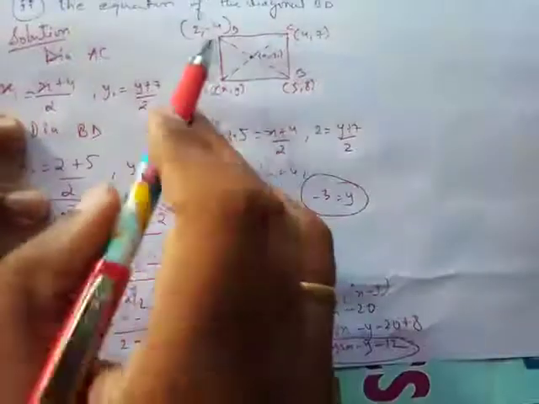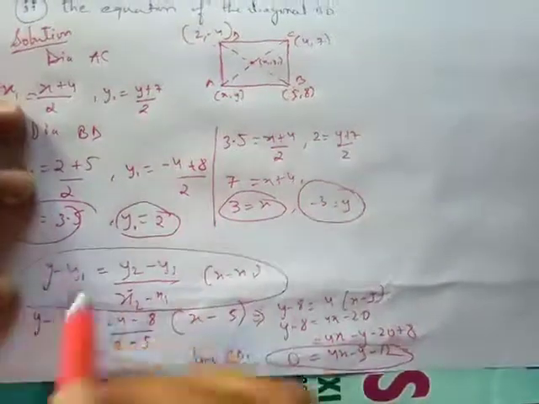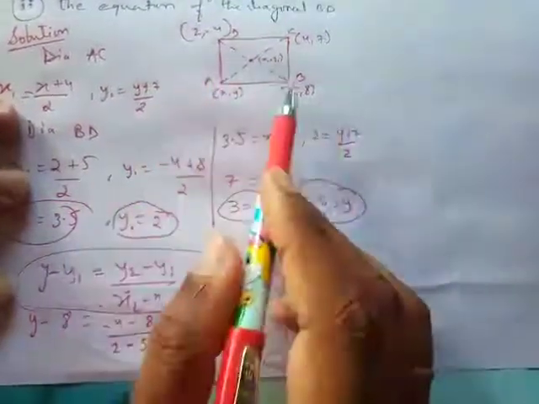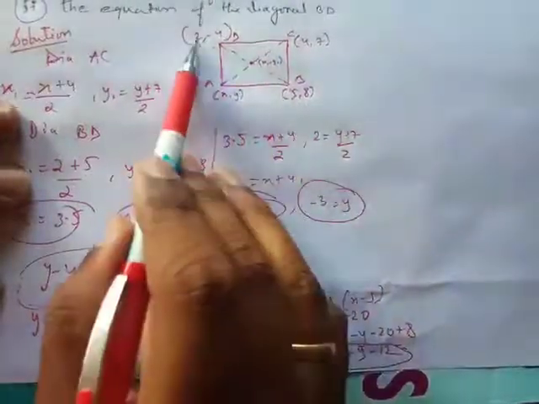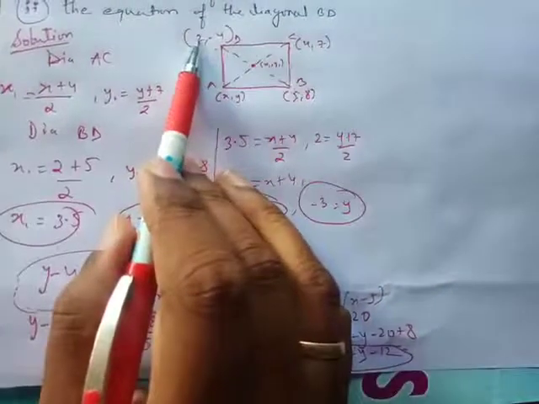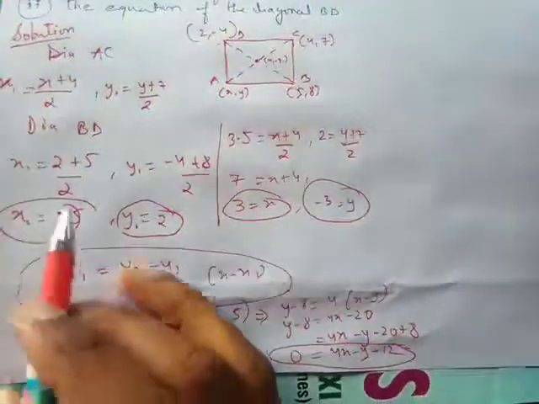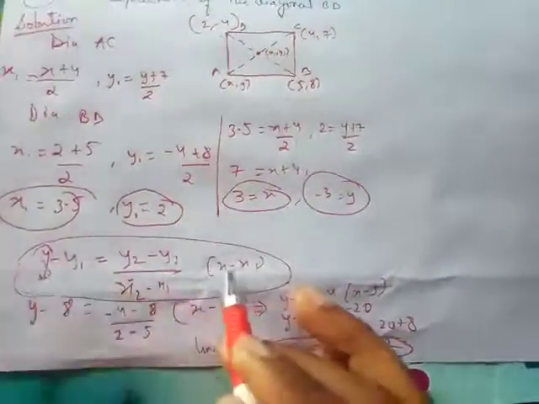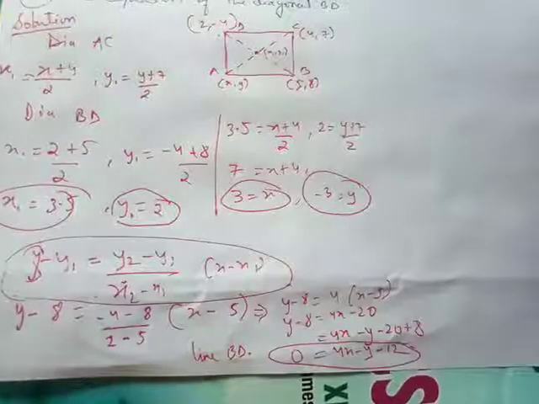Okay, so you can take any 2 points and put the formula. This is the only formula that's going to work. Even if 8 points are given, you will choose any 2 points, okay, and take one point as x1 y1, the other one as x2 y2, and then start solving and putting in this. Only the values that are not going to be put in are y and x, because I am finding the equation. Okay, so that's how you do this question.